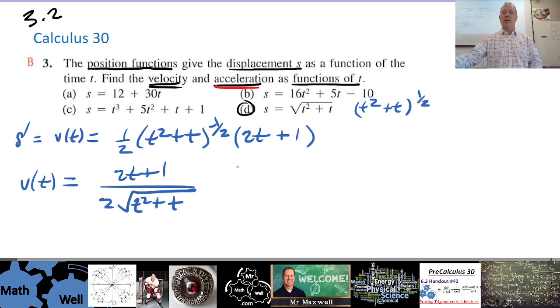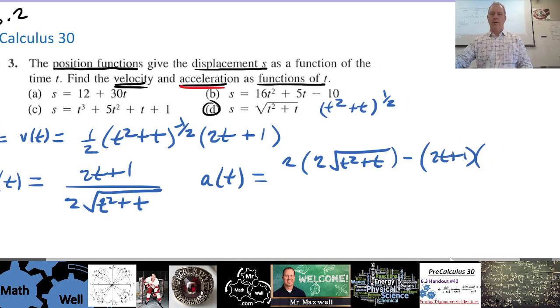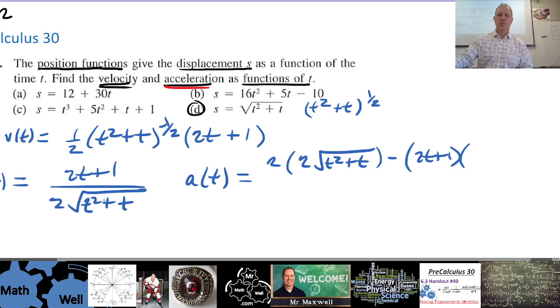Okay. So for the second derivative, obviously we have to do the quotient rule. We got a root in there, so it's going to be a bit of a longer process. But the acceleration function, and just a little a for acceleration, just like little v for velocity, is fine, which is the second derivative. So it's the derivative of the derivative. So the derivative of the top is 2 times the bottom. Okay, derivative of the top times the bottom minus the top, 2t plus 1, times the derivative of the bottom, which, I'm going to run out of room here. So the derivative of the bottom is going to be,